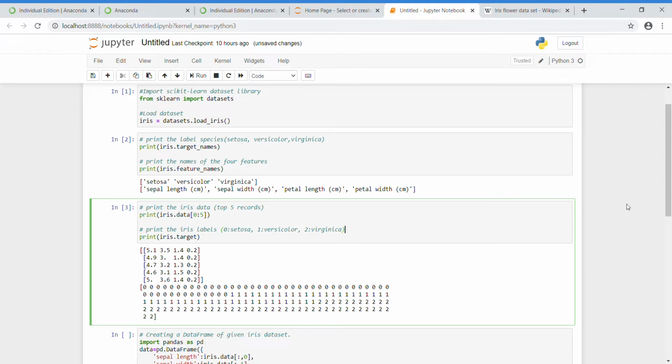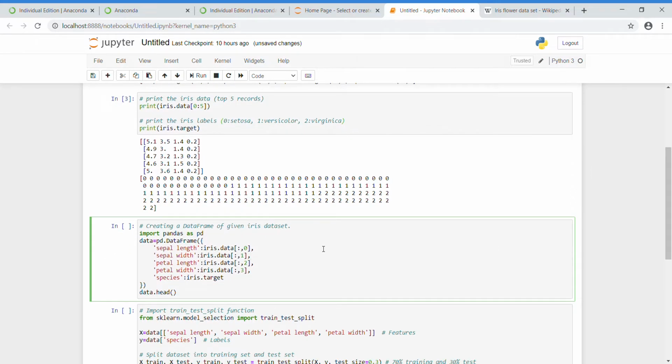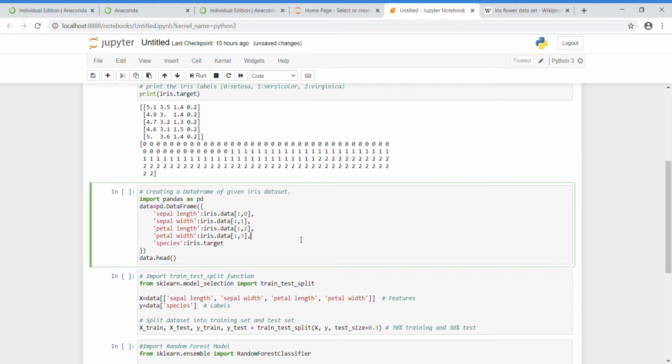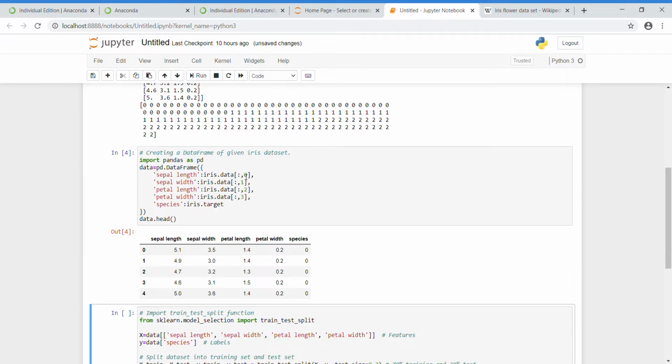From that, we are creating a data frame here. For that, we are using the pandas DataFrame, which is available in Python. We are importing pandas as pd. What we did here is print the column names. Let me run this cell first. Okay, now our data set is coming. The first one is row and the second one is column.